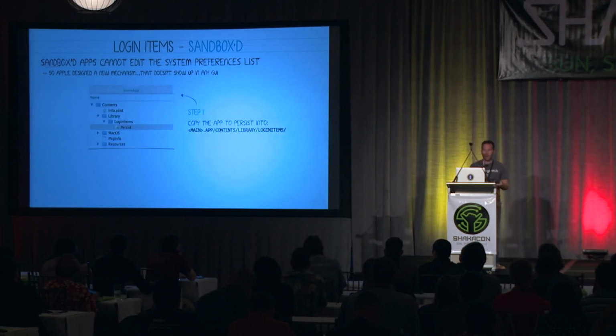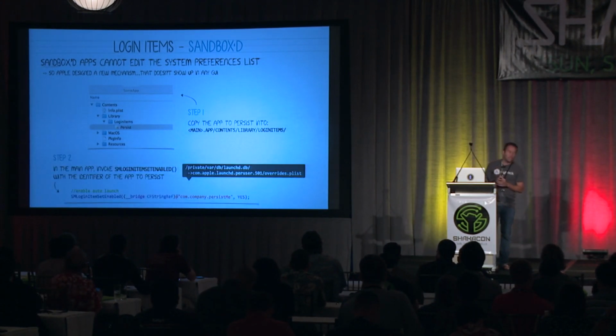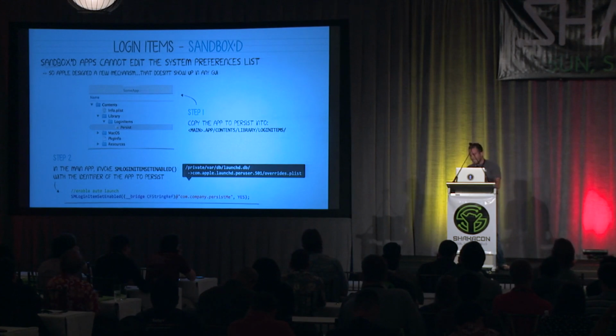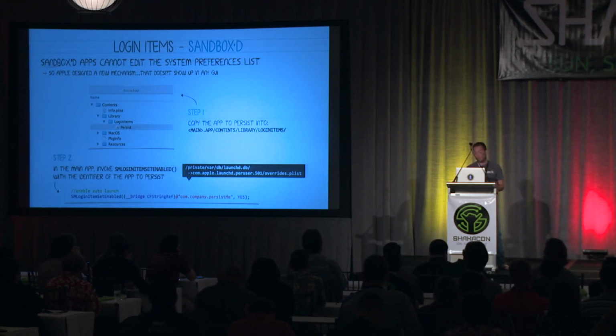So I mentioned 2 steps are required. You need 2 apps. The first one is the main application and then a helper app. The app to persist, which is the helper app, should be copied into the login items subdirectory of the main app. The main app then, when it's executed, should invoke the SMLoginItemSetEnabled function. And what this will do is persist the helper app, and it will ensure that every time the user is logged in, this helper app will be automatically executed as well. So again, this is a technique that malware can use to persist.